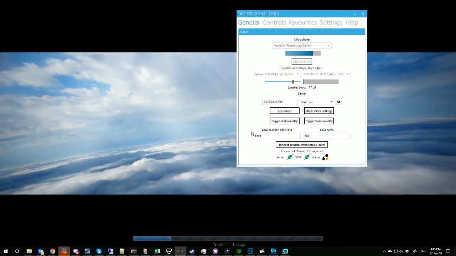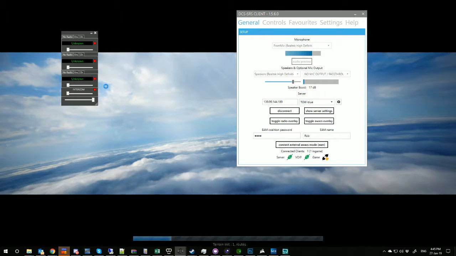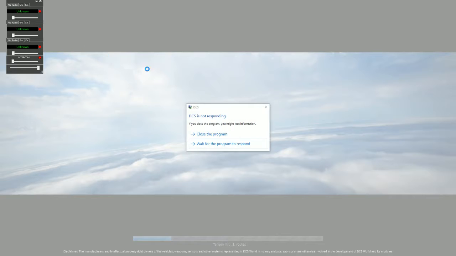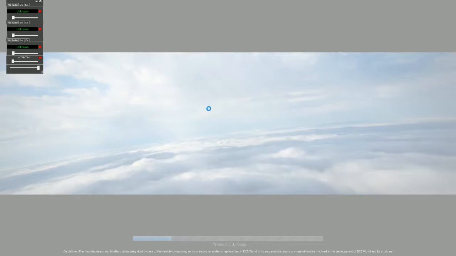While it's loading up, we're going to bring this overlay back up for a moment. Now the overlay will stay on top of DCS if you have it up. Normally I don't have the overlay up because it's not required, but for the purposes of this I do, simply to show you